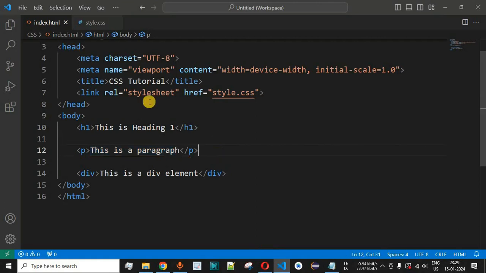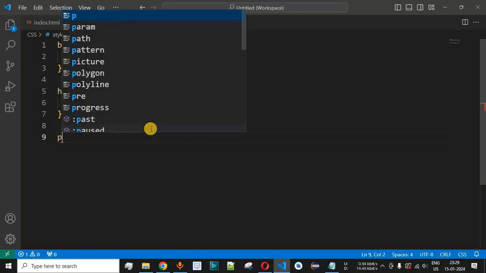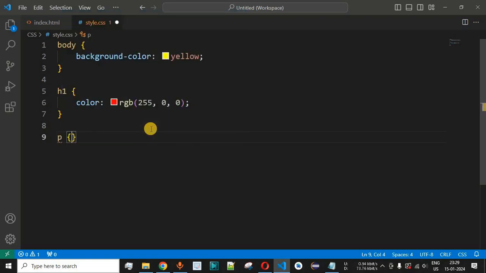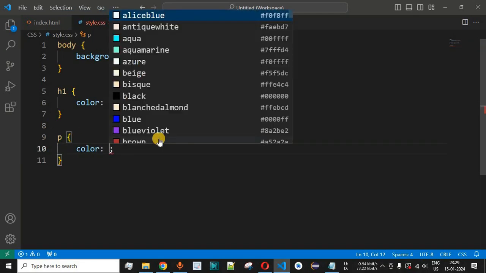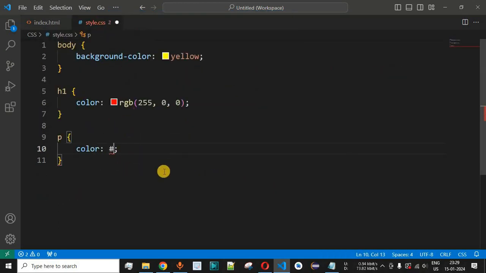So guys, let us say we want to change the font color of the paragraph this time with the help of the hex color. So what we can do is, again we have to come to the style.css file, and then we provide the p tag which will help us provide the CSS property to the paragraph. And let's say we want the color, in which case we will be using the hex color. So this time we will be using the blue color to be applied to the text of this paragraph. So what we can do is, we provide the hash character.